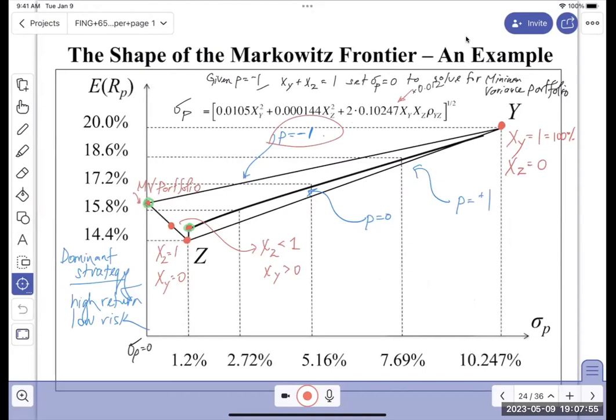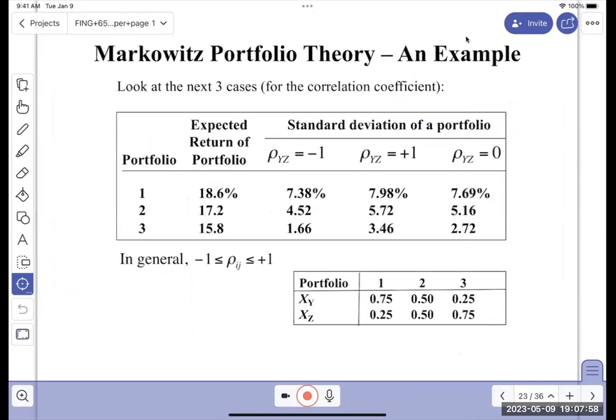Across here, I have three different combinations I'm proposing. Portfolio 1 has 75% of Y in it and 25% of Z in it. So this is closer to Y, it's more Y in it. In this portfolio set of weights, my expected return is the highest of the three,